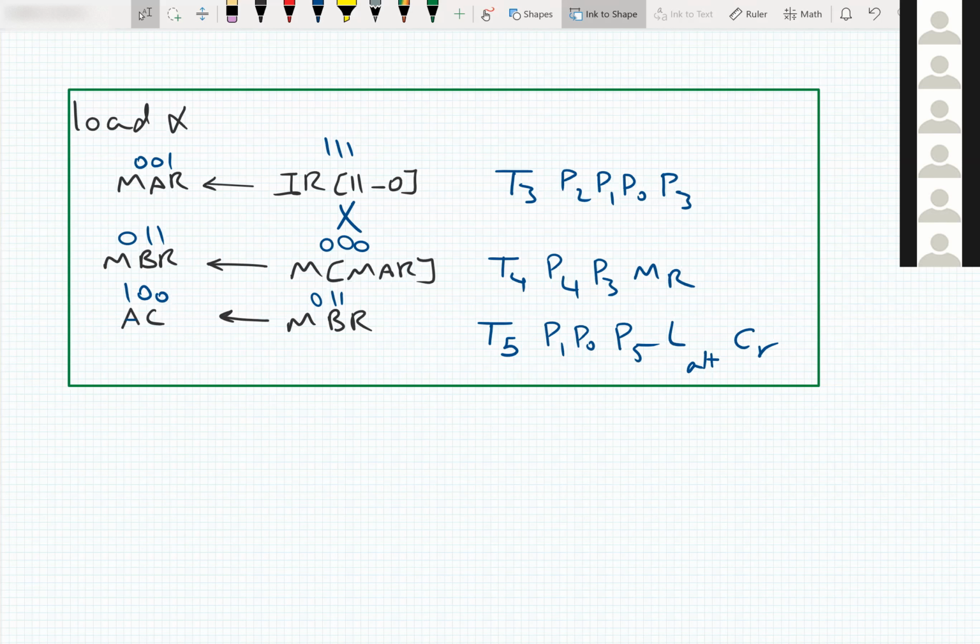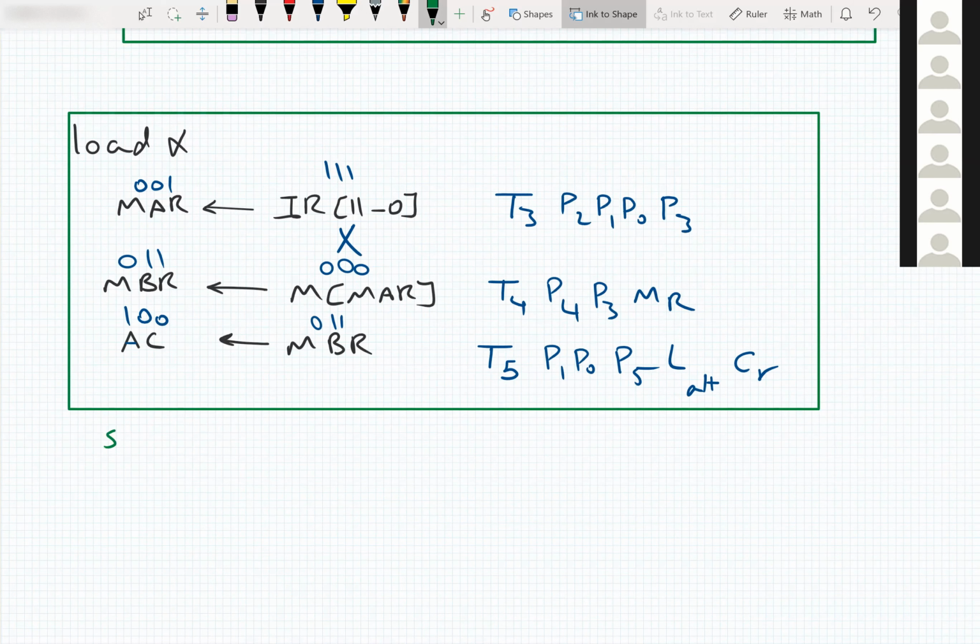Okay. Now we move to store instruction. For store instruction, store X. What we need to do is put X to MAR, and then we need to read from IR to MAR. Exactly. And then we need to move the accumulator to